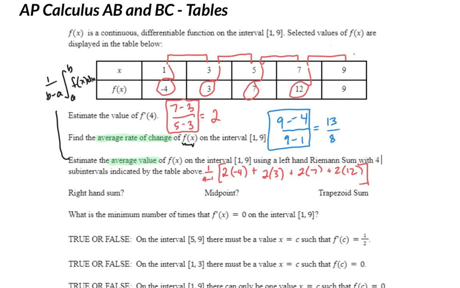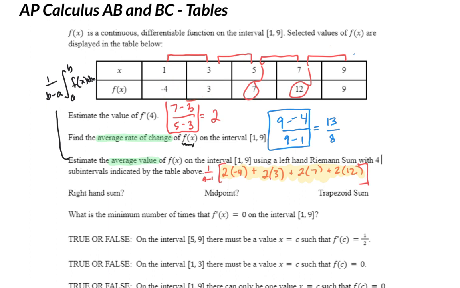Okay. Now, I also made a note here that I wanted to also talk about the right-hand sum, midpoint, and trapezoid. So let me just point out what I'm going to do here: I'm going to talk about how I could recalculate the area, what I've just highlighted. Of course, this part out front, this 1 over 9 minus 1, is the average value piece. This is not part of the Riemann sum. So my right-hand sum,